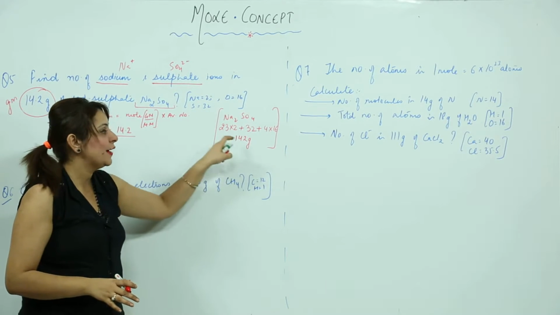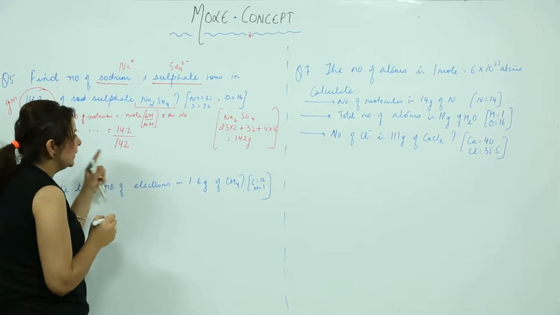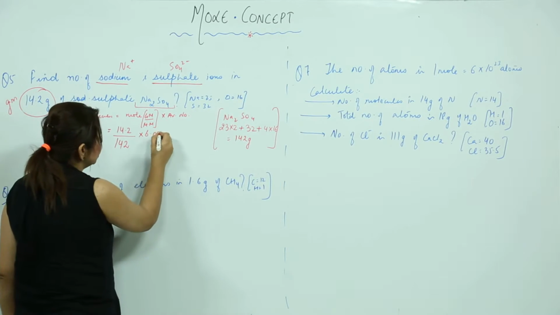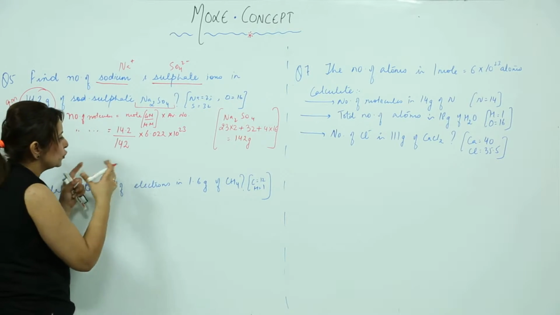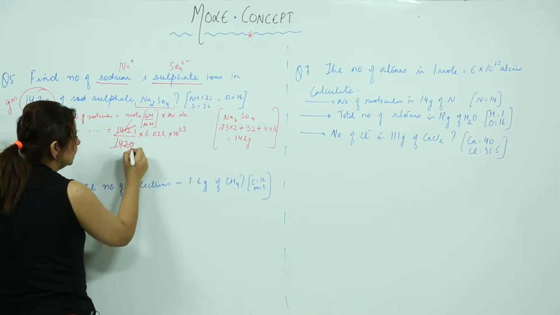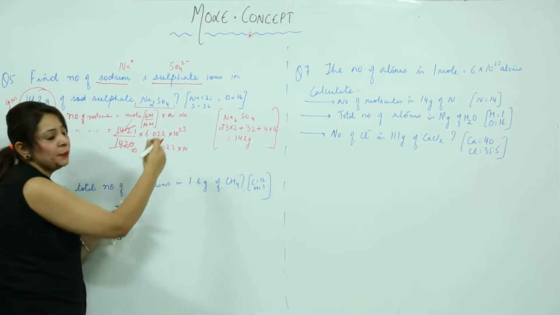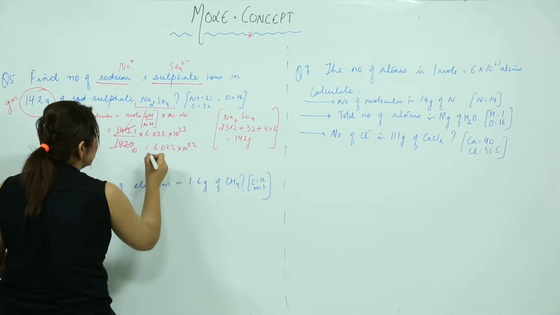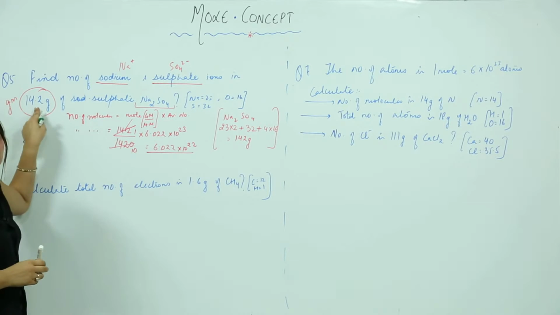Now we have to substitute this molecular mass here. So we have 142 here, and again we need to multiply with the Avogadro number. As you all know, Avogadro number is 6.022 into 10 raised to power 23. Now we have to solve it. So I am just removing the decimal and putting 0 here. So I have 1 and 10, which comes out to be 6.022 into 10 raised to power 22, because when this 10 goes up, the power gets subtracted. So this much molecules of Na2SO4 is present in this much mass.